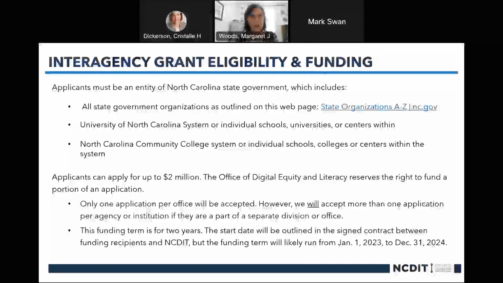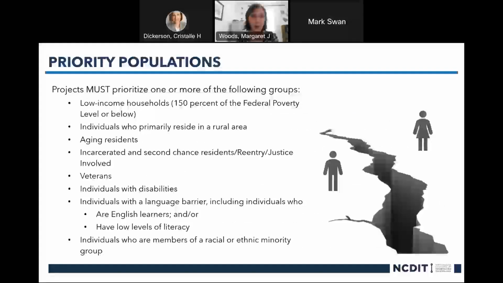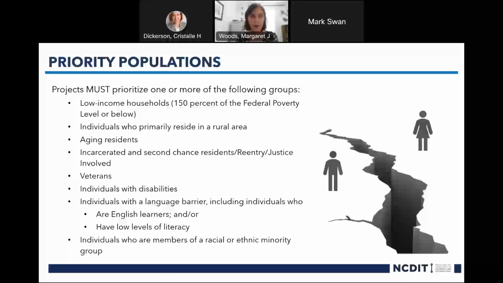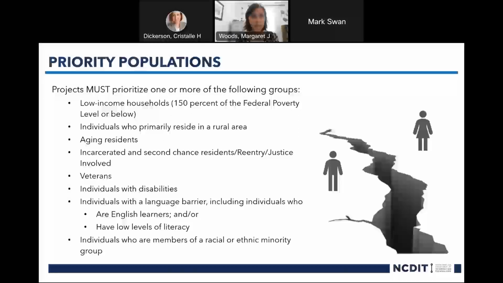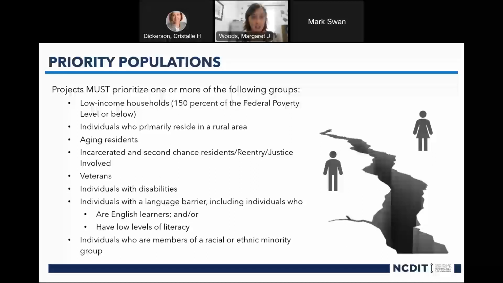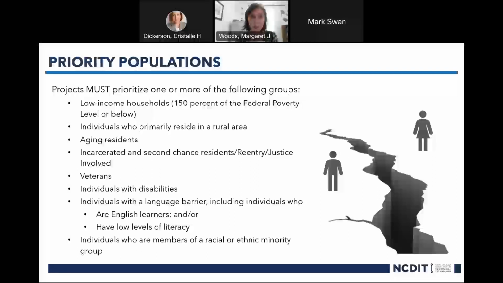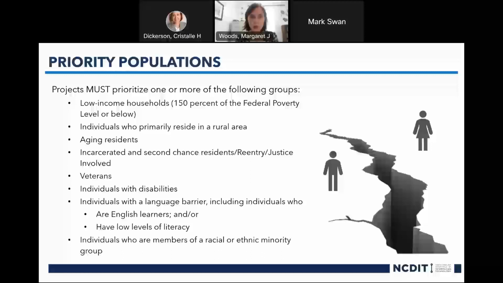So let's move on to the next slide and talk about priority populations. This grant program is focused on 8 key priority populations. Grant applications must prioritize one or more of the following groups. Low-income households, so households that are 150% of the federal poverty level or below. Individuals who primarily reside in a rural area. Aging residents. Incarcerated or second chance residents, reentry, justice involved, veterans, individuals with disabilities, individuals with a language barrier, including